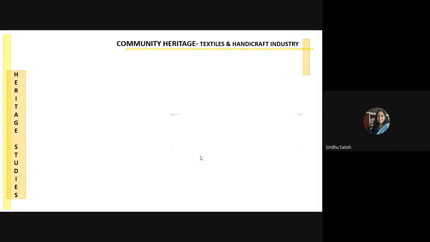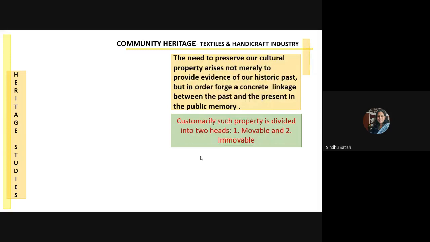When we say community heritage, this precisely belongs to a community, and this is something that is developed as an indigenous activity within that community, and it is very geographically delineated. In our country, specifications for preservation of cultural property vary from country to country, depending on the nature of the historical past that they have, and changes which have been caused because of development and modernization. In India, unlike the West, we still have so much heritage in abundance, actually, of our past in our midst, that we are often referred to as a traditional society.